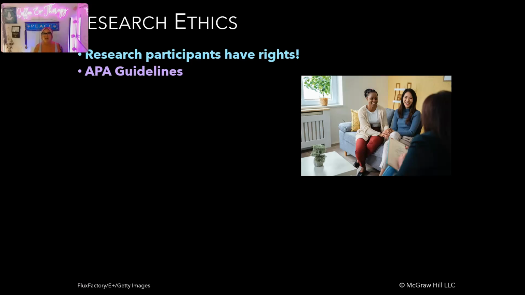Now, back in the day, in the 50s, 60s, and 70s, they broke every single ethical guideline, like in Milgram and Zimbardo. So now we have to follow a very strict guideline when we are doing any type of research. You have to do that following the APA guidelines. So there's informed consent. So someone has to sign that they are going to be a part of a study,